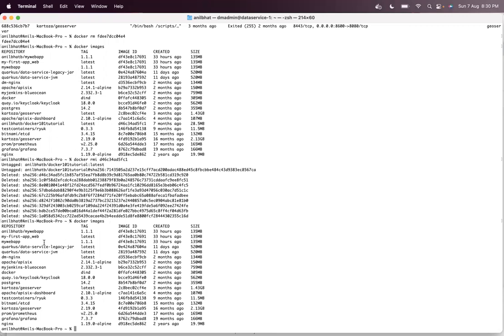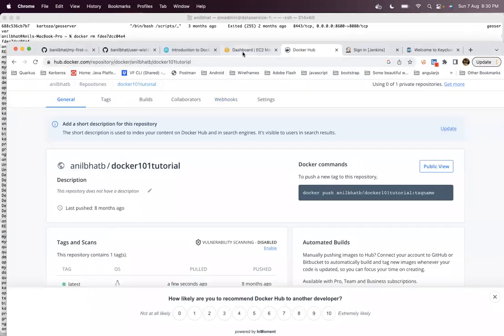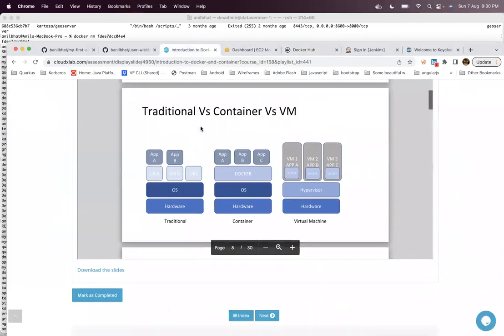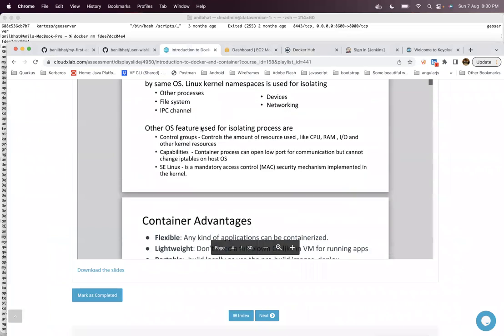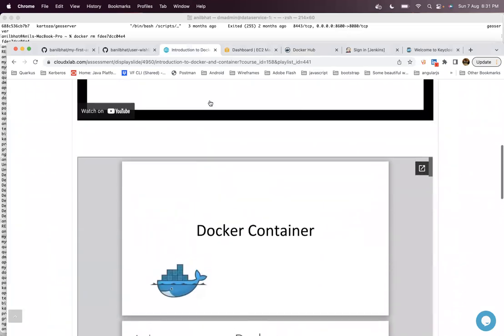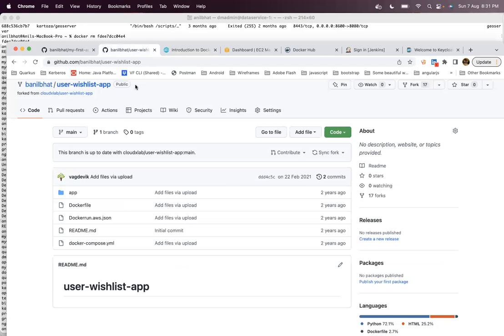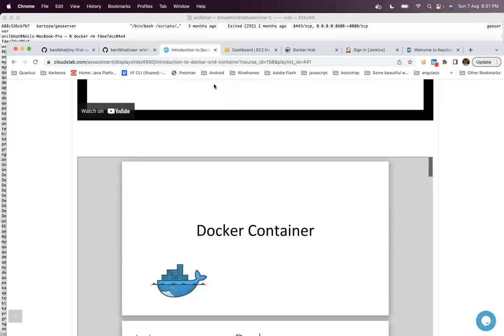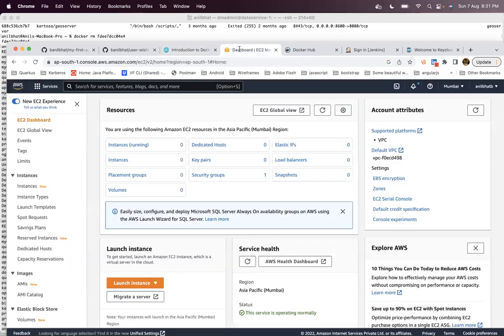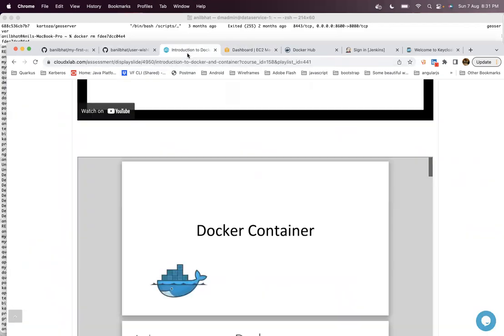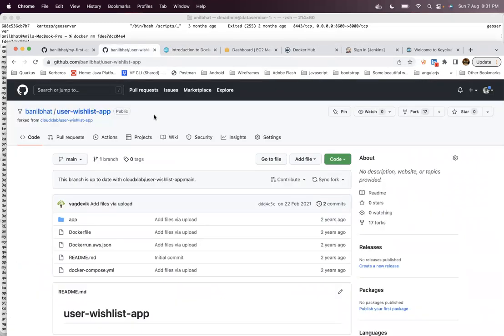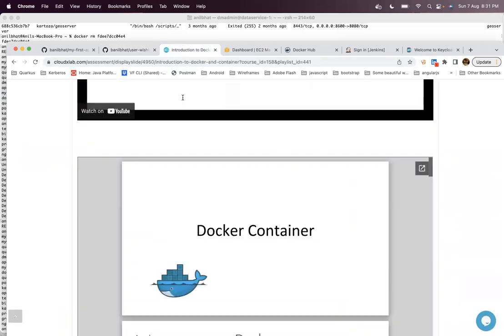So we will go to the next topic now. Today we tried to run a particular sample application, and today we learn how to create your own application. For that, we have already created a sample repository with a simple HTML application, and we can use that particular application. The GitHub link is there in our course. You can just go to that GitHub repository and download or fork it by yourself.